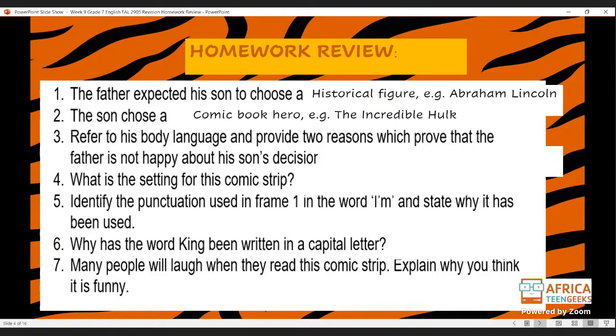your bases. So for the example that I did for number 2, I said he was a historical figure, and I gave an example. For question 2, I said he was a comic book hero, and I gave an example. So if you can learn to do the same when you're answering such questions, then you've got all your bases covered, and you know that you've answered the question cohesively and properly in context. Because you've given the answer and an example, which is very good. So well done, guys. Pat,